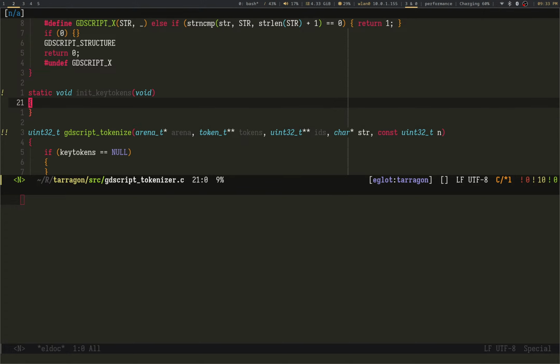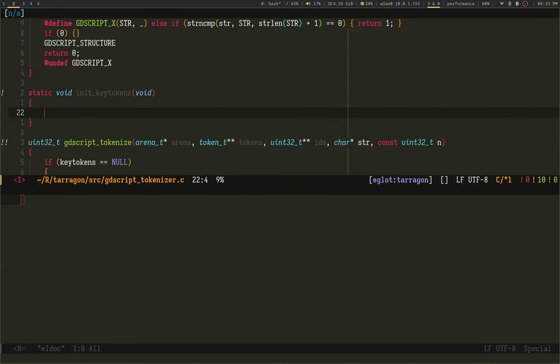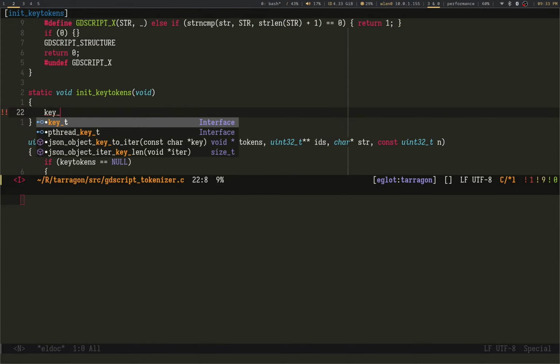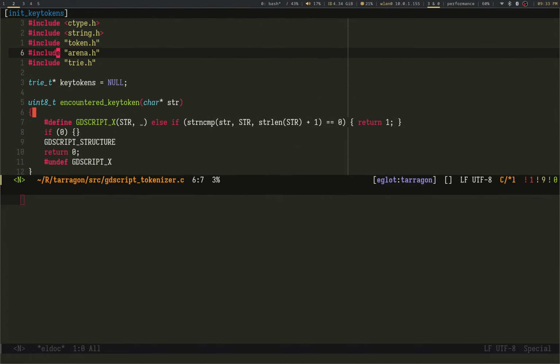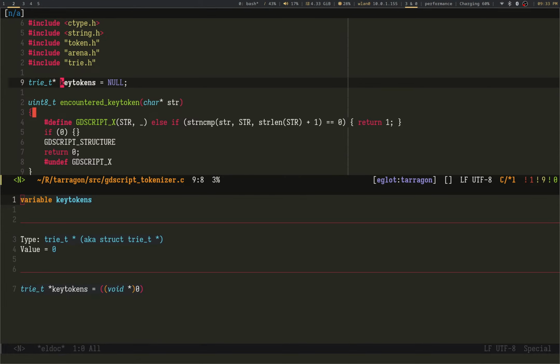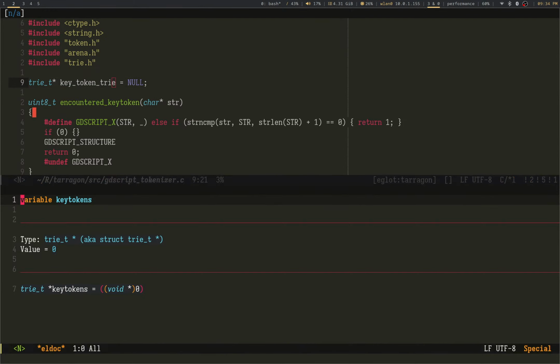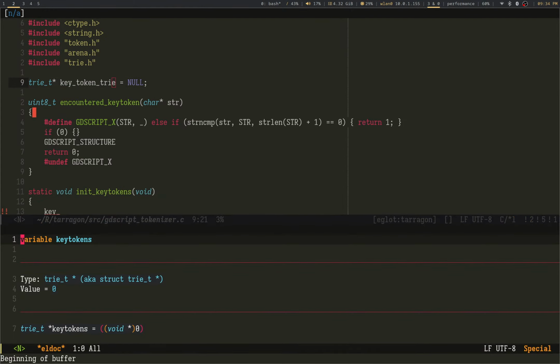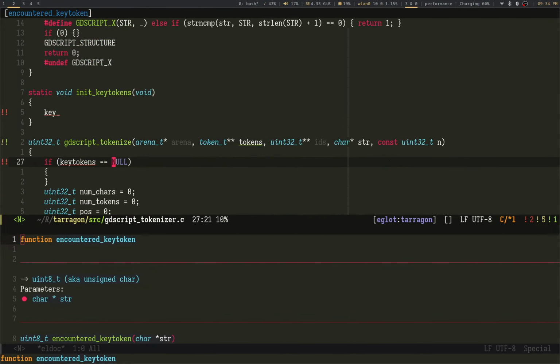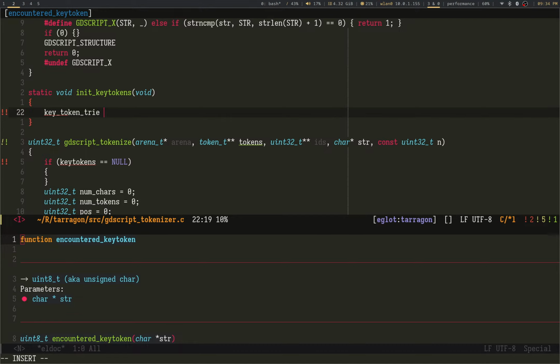So instead of doing that disgusting thing, I'm just going to use a key token tree. Let's call it the key tree. Key.